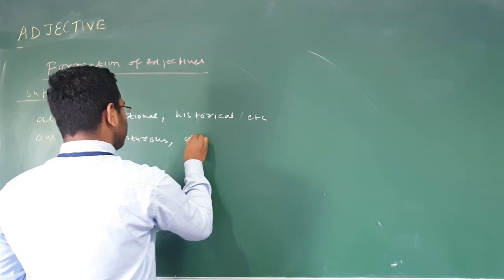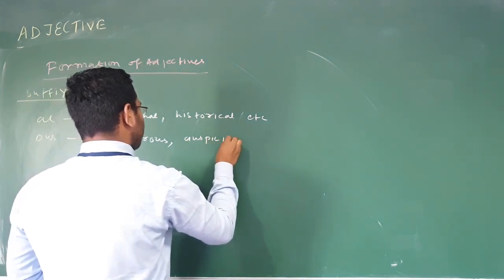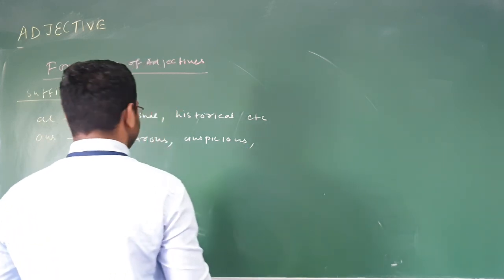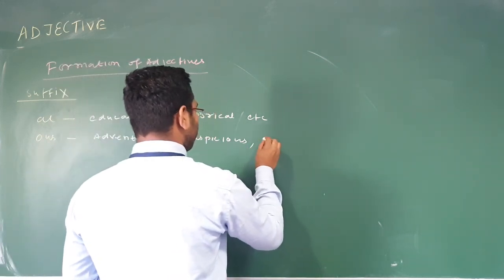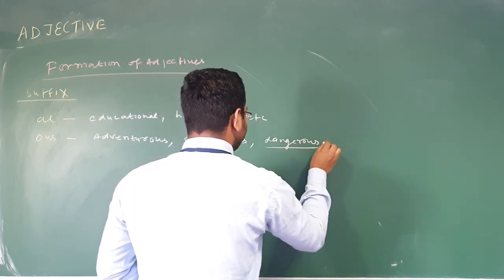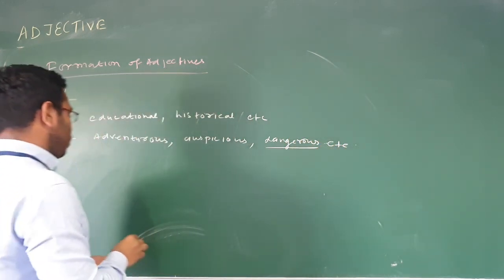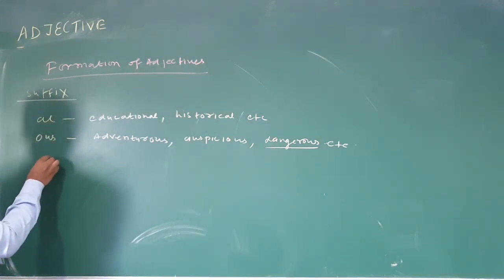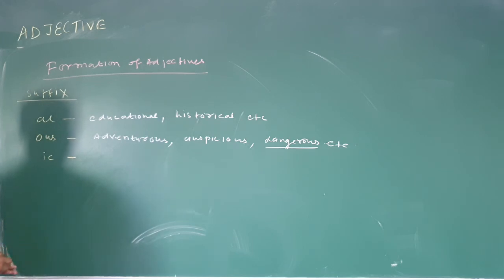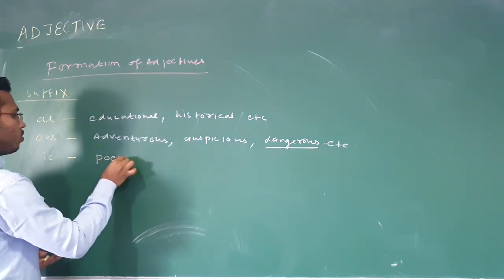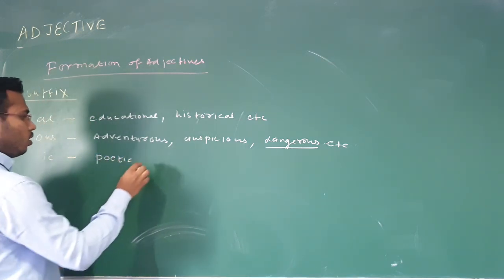If we say auspicious, adventurous, auspicious, we can make dangerous, from danger to dangerous. Further, we can say ic is another suffix that can be added to the word to make adjectives. For example, if you say poetic, if we say heroic,